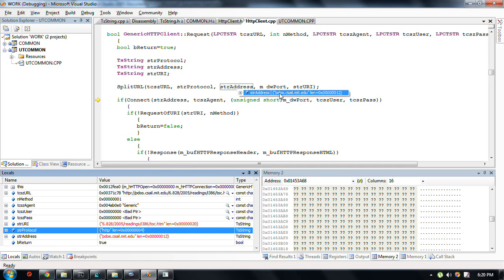And that's the one that you have to open. So if it was http://google.com, then this would be google.com, and that's it. No HTTP. And the URI, I guess,